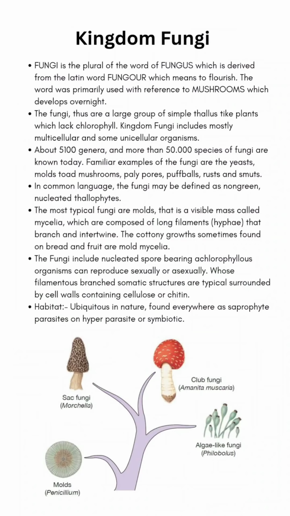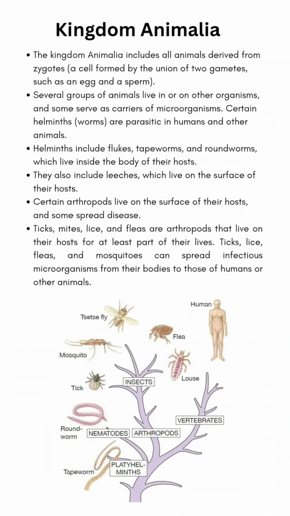Now the third kingdom, the fungi, contains both micro and macro varieties. Kingdom fungi is ubiquitous and has a cosmopolitan distribution in nature, composed of mostly multicellular forms but also some unicellular yeast. There are some types of fungi: yeast, mold, mushroom, polypores, puffballs, rusts, smuts, etc. They reproduce both sexually and asexually. They are also saprophytic.